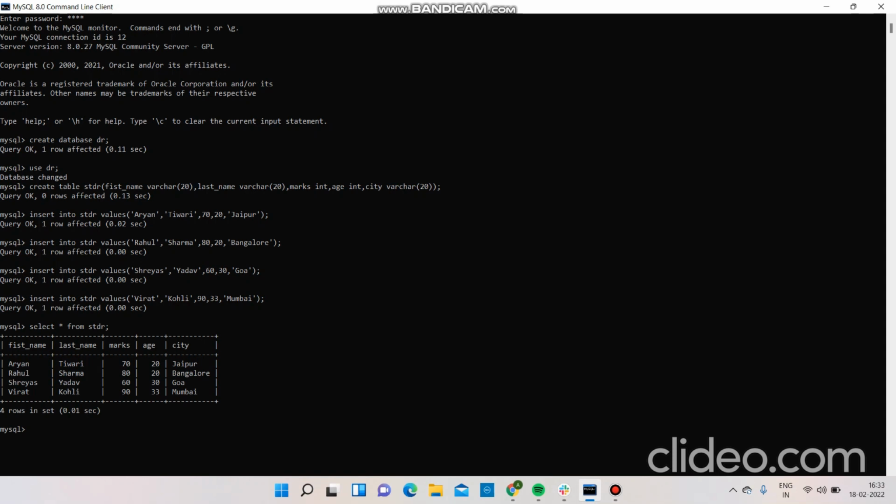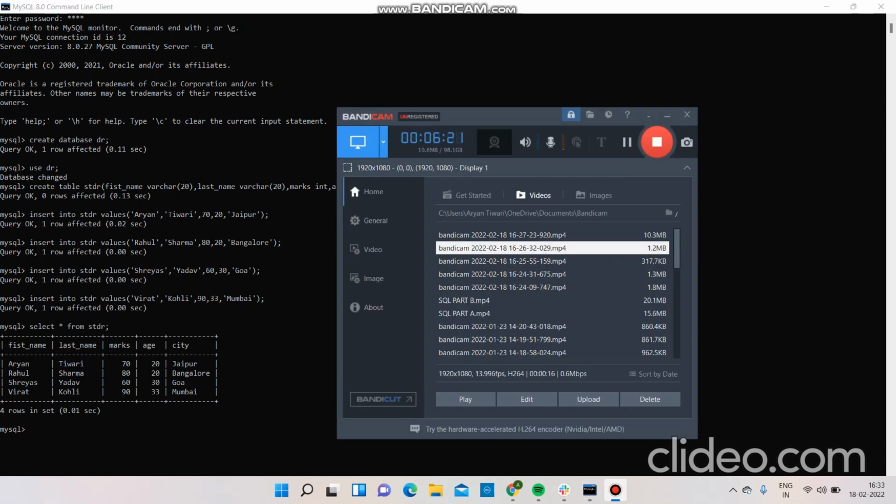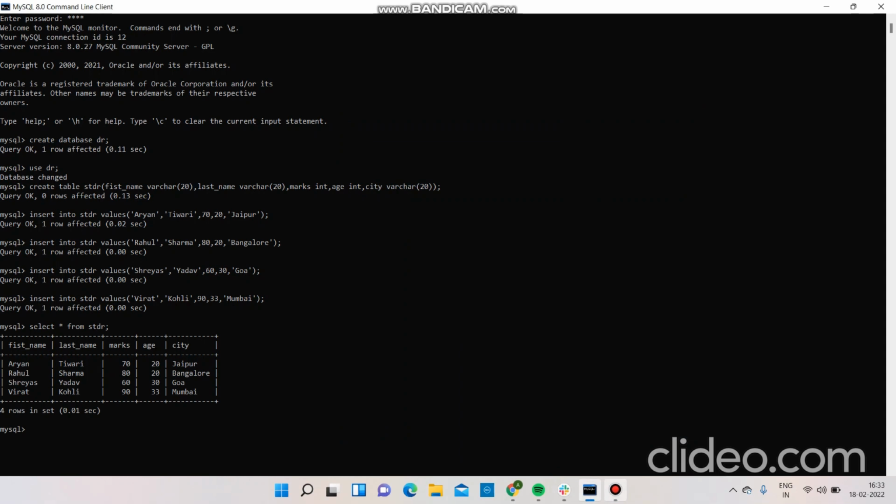So now we can proceed with the query part, the queries which we need to execute. First we will start with a very basic query. If I say I want to fetch first name and marks from the stdr table, how can you do it? I will show you. Select